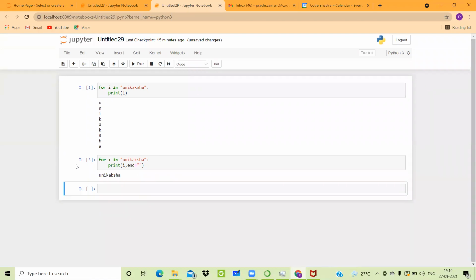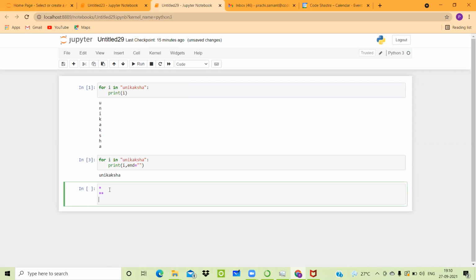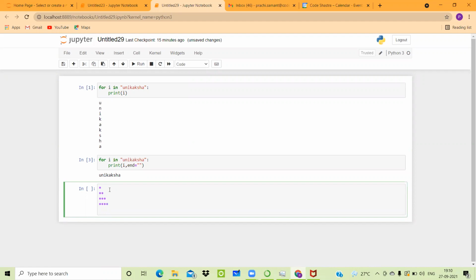So what we have to create is, suppose we have to create a structure like this, that on the first line we want to print a single star. Then on the next line, we want to print 2 stars. On the next line, we want 3 stars, 4 stars. That depends on the user's choice. Once we understand the logic behind it, we can easily draw as many lines as we want with that code. So that's not an issue. But we want to create some structure like this.